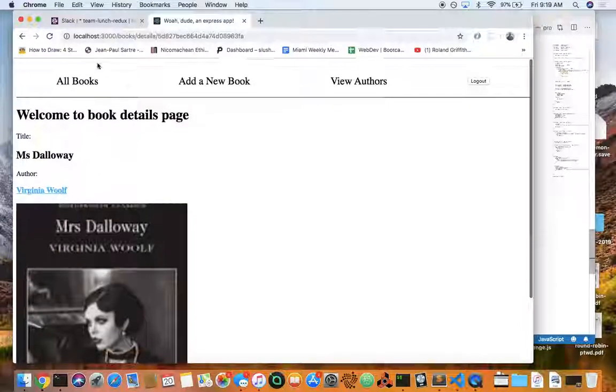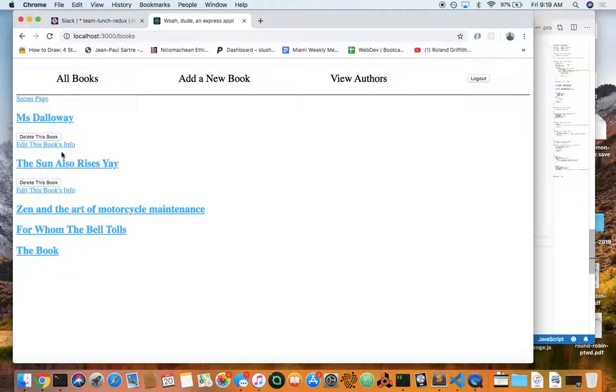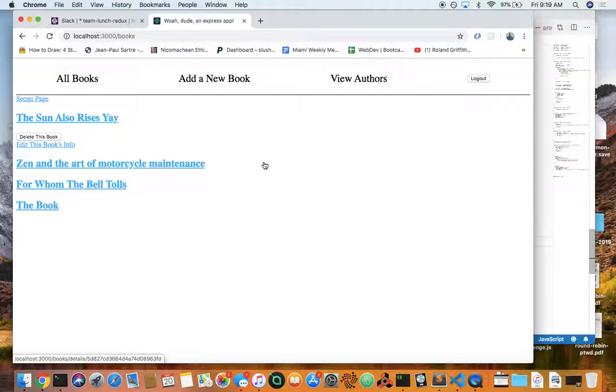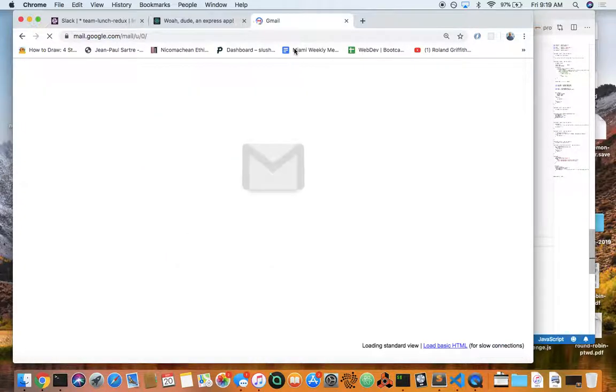So, for example, when we delete one of these books, it looks like we see it right away. We go, boop, and it's gone. But we still refresh the page. So let's say there were like 300 books and we scrolled all the way down. When we click that, we would be back up at the top of the page and you'd have to scroll down again. But if you look at the more new fancy apps there are in the world, like Gmail,